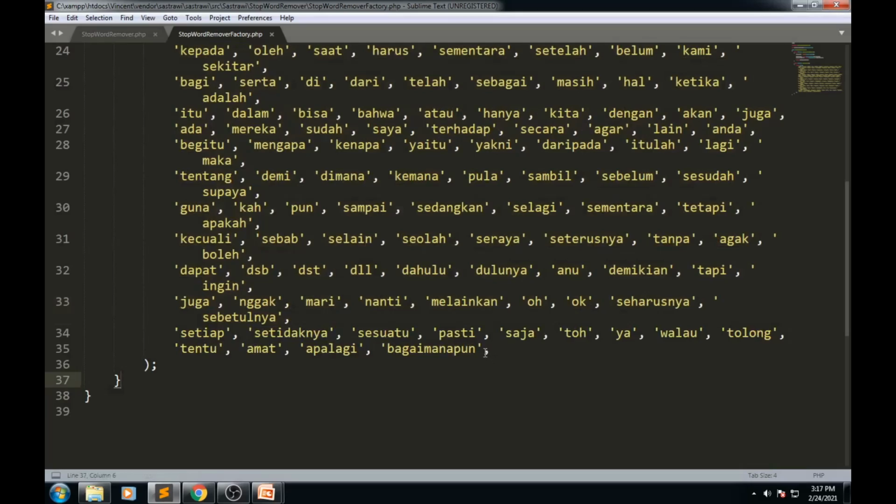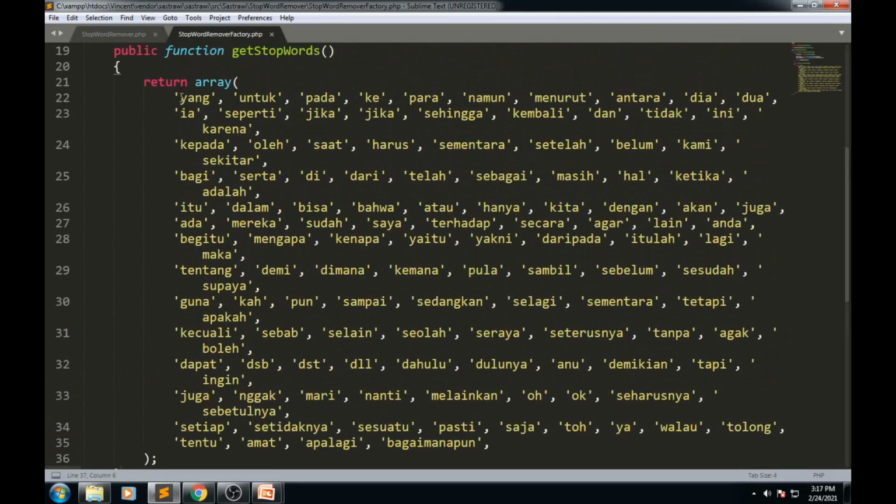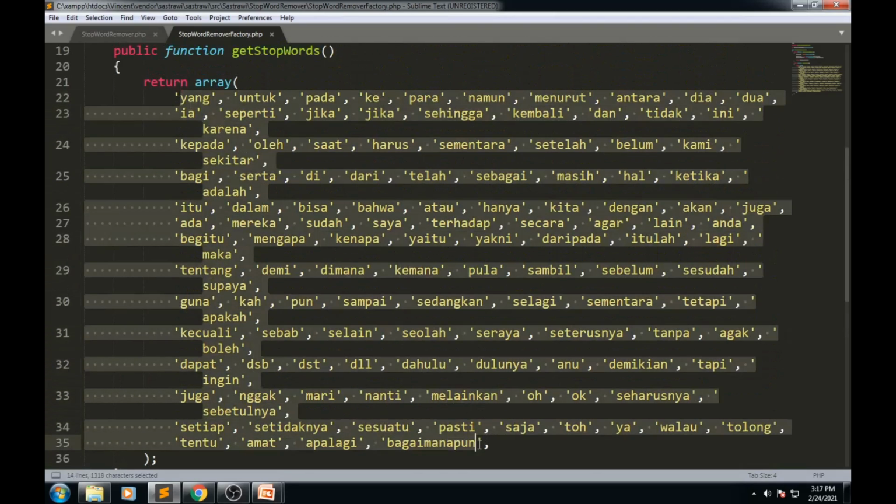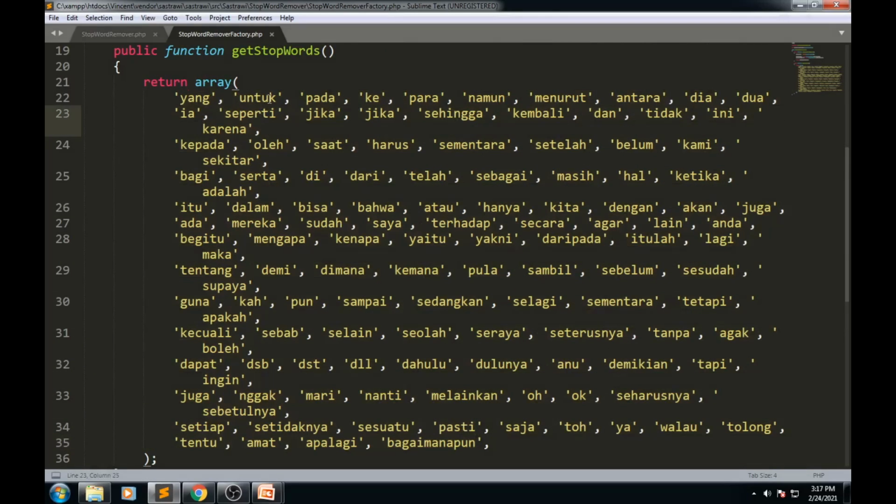You can modify it. For example, if you decide that untuk is not a stop word, you can remove it from this list.